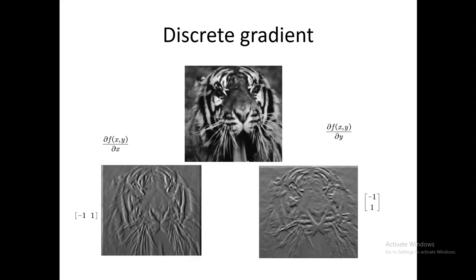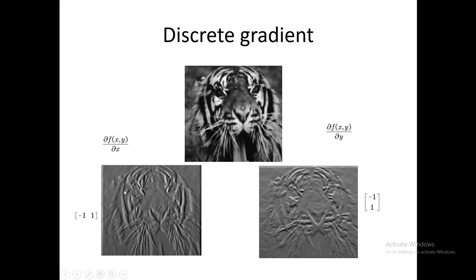So now we can see here the response of finite difference in the image. In the first image, what we do is we go a step forward and subtract the left one and get the response. Here what we have seen is the changes. We can see that it detects the changes along the x direction only, so we can see